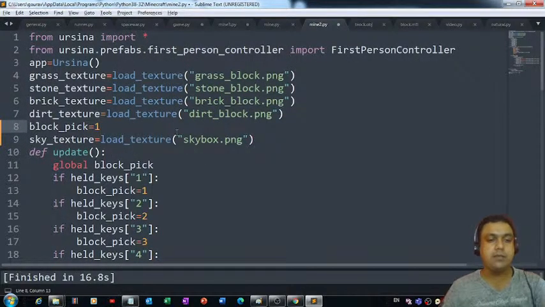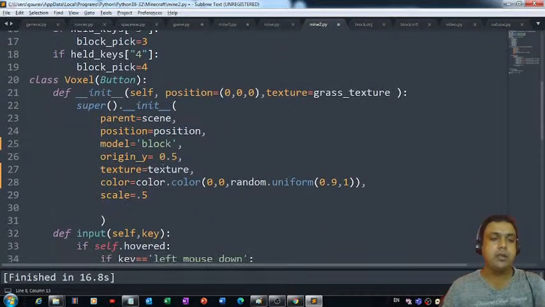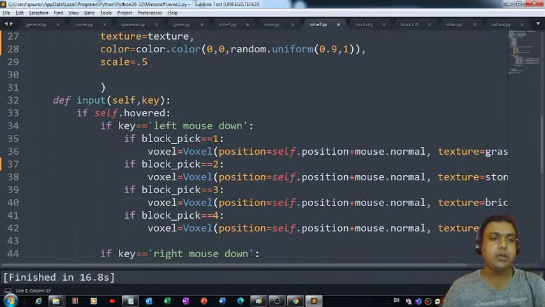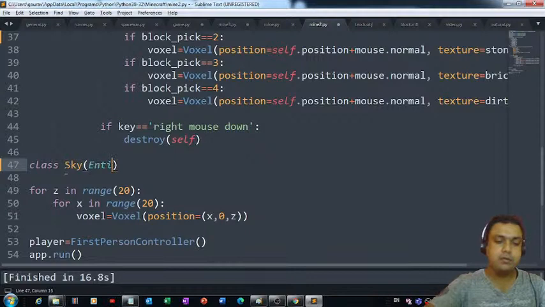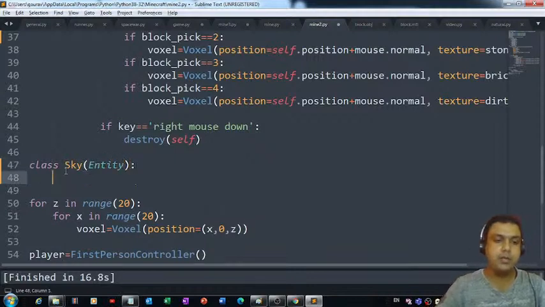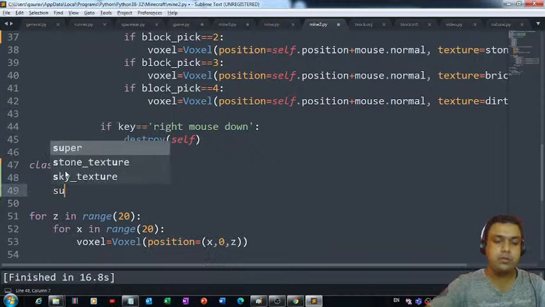Okay. Now the next thing that we need to do is we need to come down and create a new class for getting the sky also on our game window. So what we can do, we can simply make use of this class keyword, and then we can pass this entity as a parameter to the sky class. Let's define an init. So init, and then we can put this self over here. Okay, super